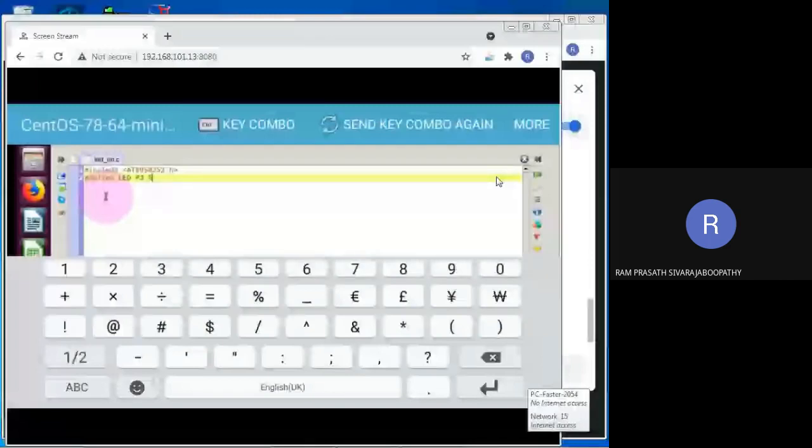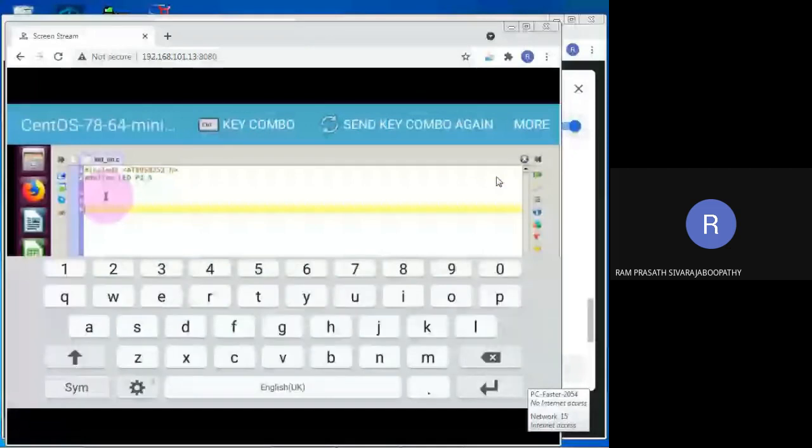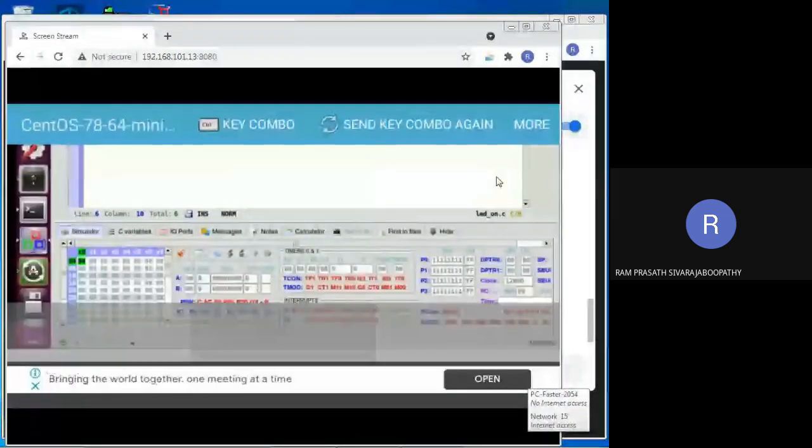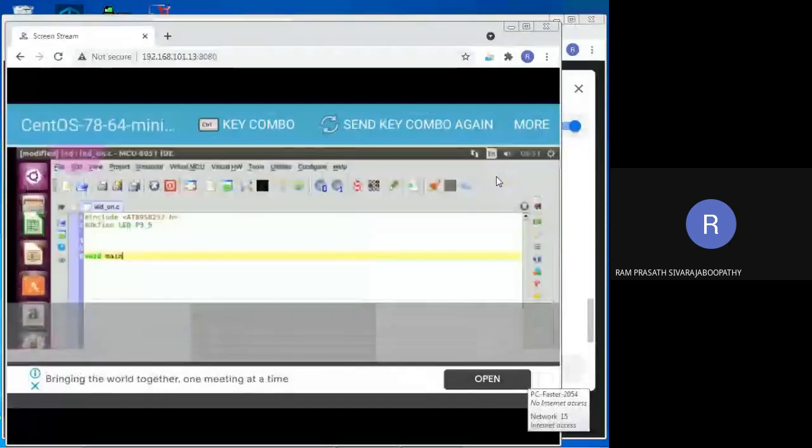So here we are going to write the main program. Void main. Yes. Here we got the problem, right? We cannot type the open bracket and close bracket. So for that, what we can do is, wait a moment. We can go with this particular icon and click on it.